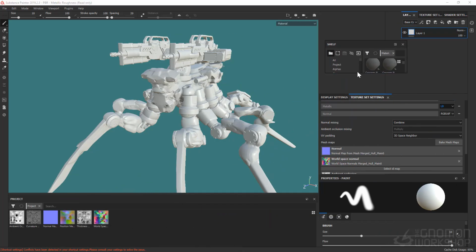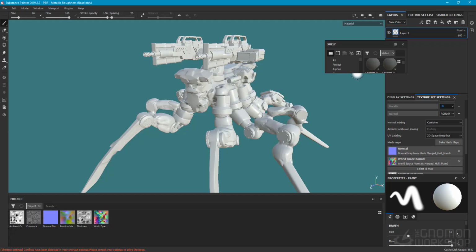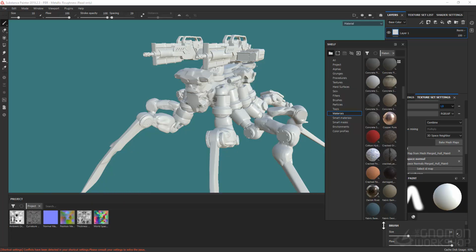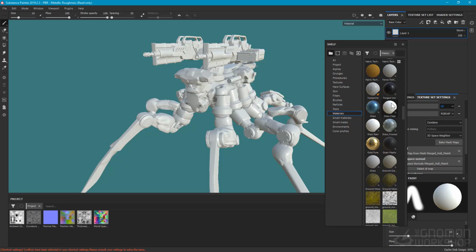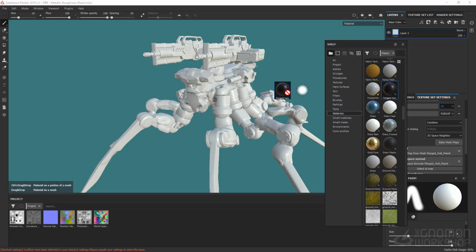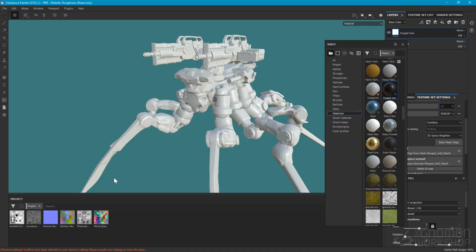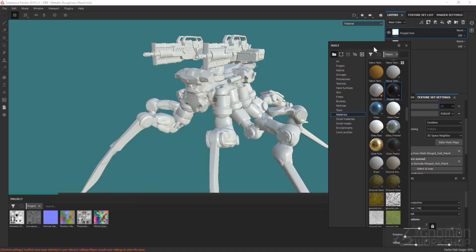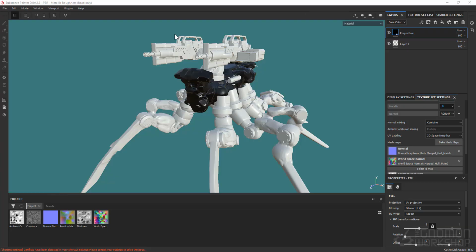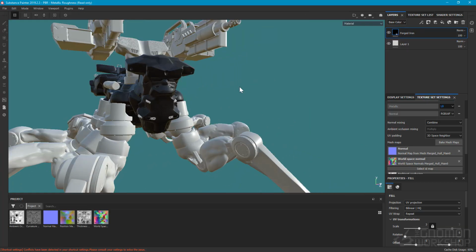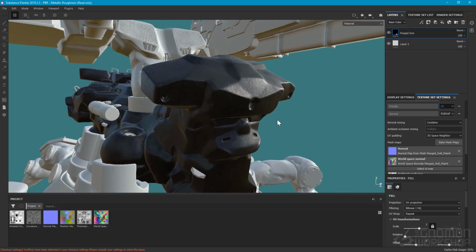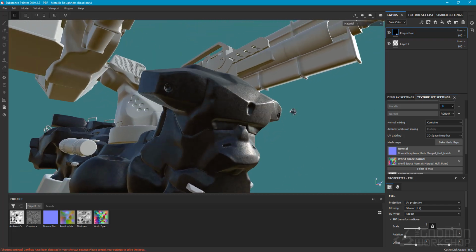I'm going to undock this because it's easier for me to find the material that I need from the list. Let me get my mouse over here and make this larger. Here we go. Then scroll through here and find, let's say, forged iron, and just drag and drop that onto the part that we have all these maps for. It takes a couple of minutes, and then here we go, we get the result. And notice that the result is definitely